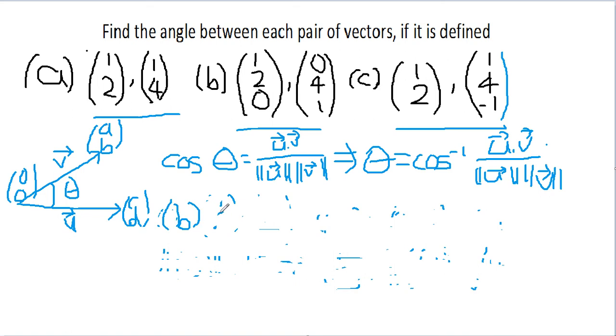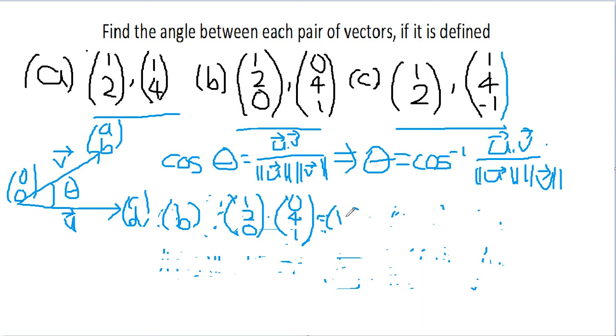Now to find the dot product of these vectors, (1, 2, 0) dot product (0, 4, 1)